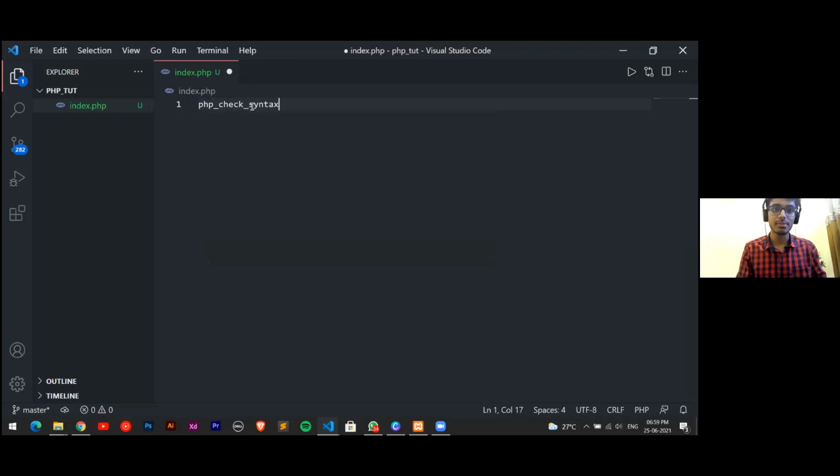So if I just write a back arrow, give a question mark, and write PHP. Okay, so this is the syntax, or this is where we will be writing our whole script.